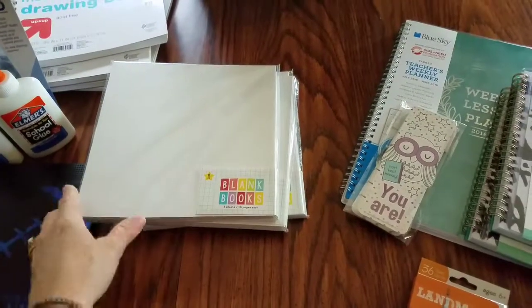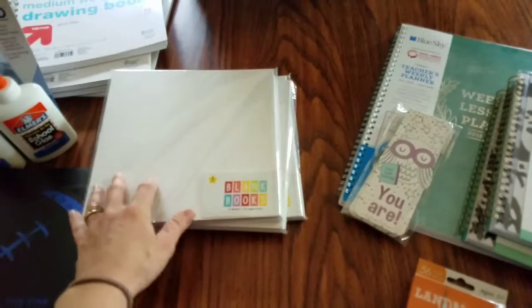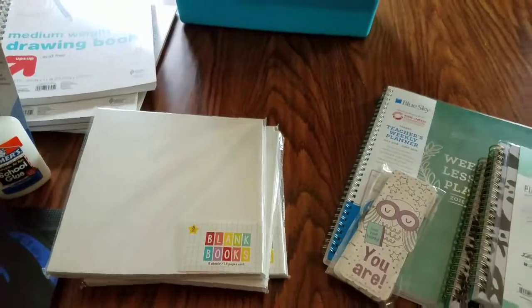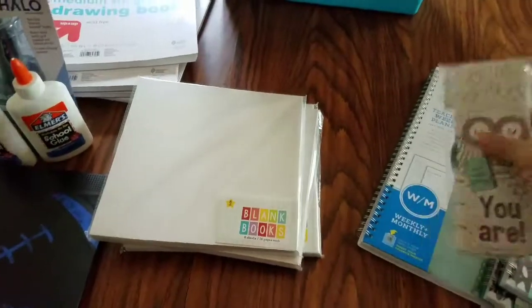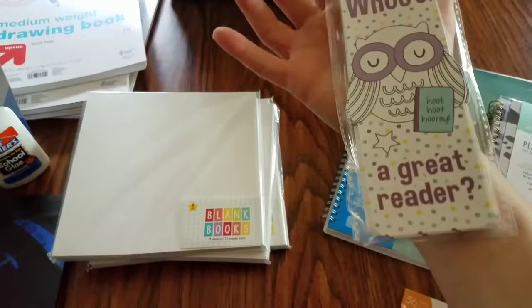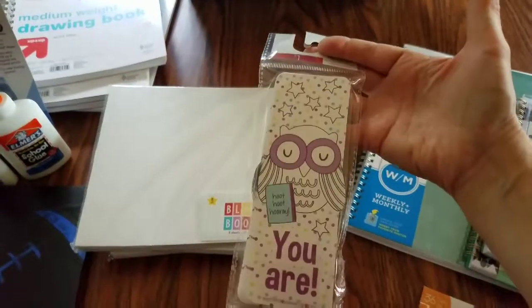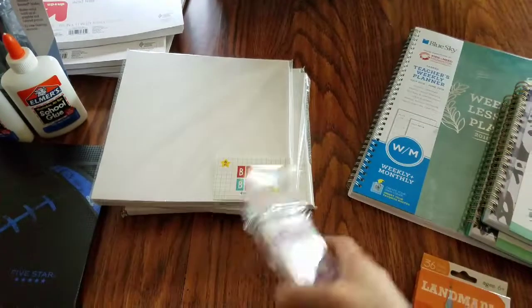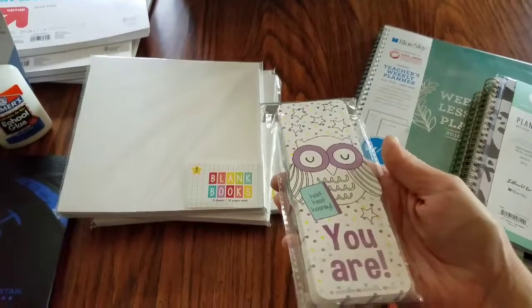But if you want a red or a purple, they had those, and they also had the marbled front composition style. And then I found these at the dollar spot. We always need extra bookmarks, and I thought those were cute, especially if my son's starting. I always let them pick them, but we used to go to the Christian bookstore and pick out a new